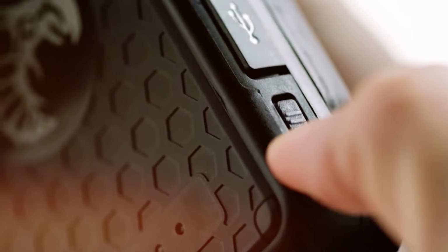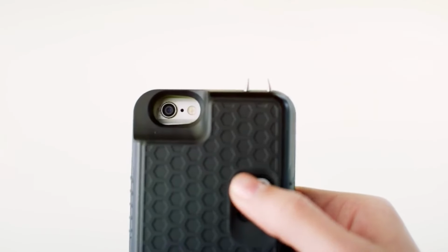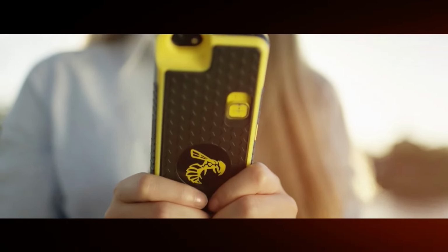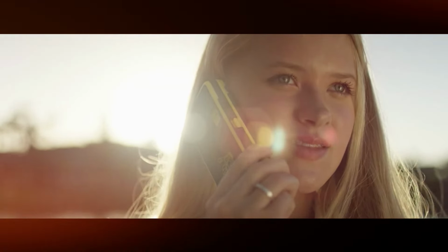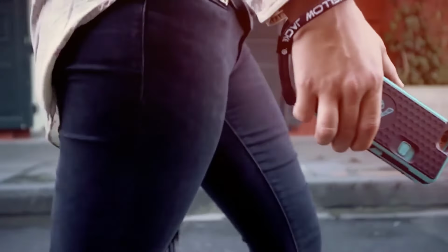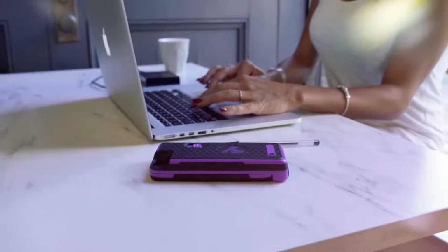650,000-volt stun gun. Not only does this case look and feel like a standard smartphone cover, but it also has enough power to unbalance and potentially incapacitate an attacker. Smartphones are ubiquitous, so no one would suspect this case doubles as a defense tool. Additionally, when protection isn't needed, Yellow Jacket serves as a power bank, ensuring you and your phone are ready for